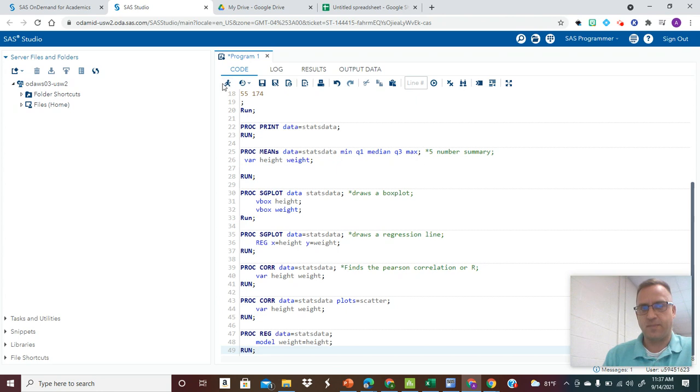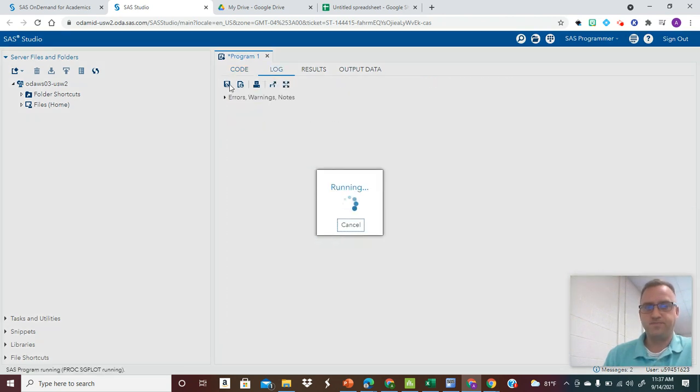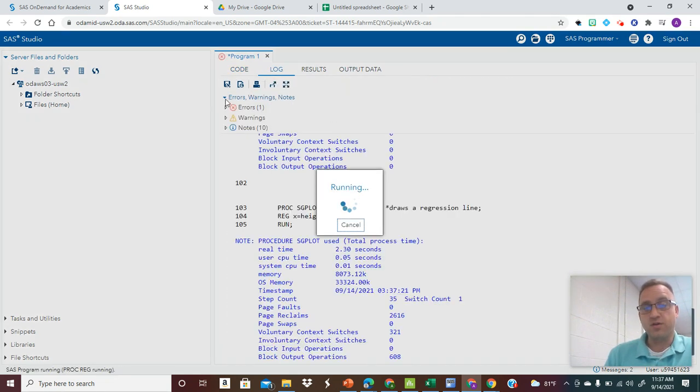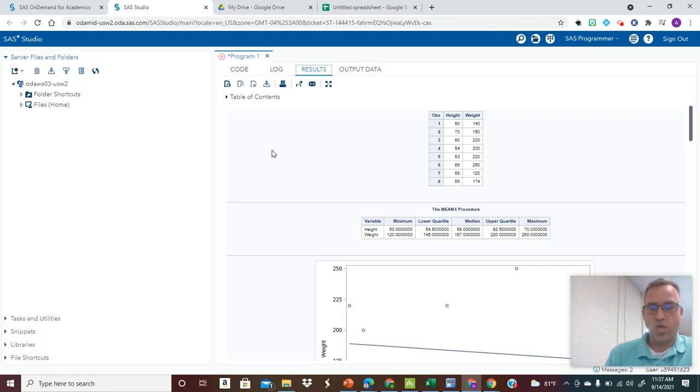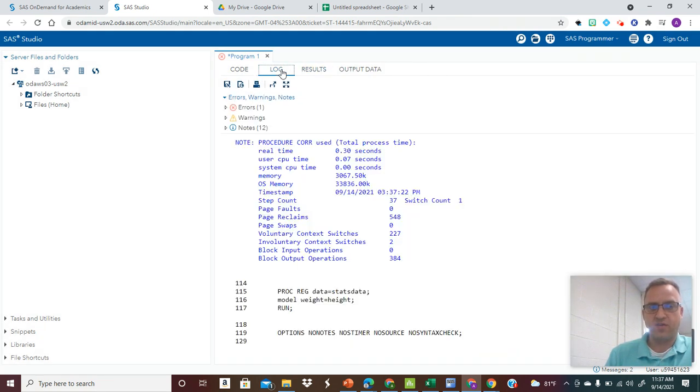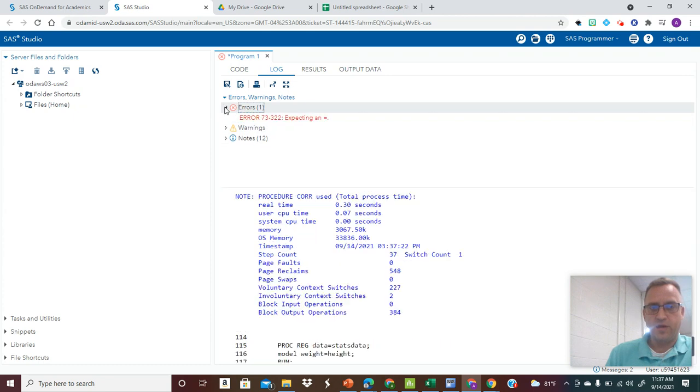So now I want to execute that program. So you hit the running man to run that. Now, if you have errors or if you had a problem, you can go back to the log. It looks like I had one error. So I can go back here. It wasn't expecting an equal sign. So I can go back to the code